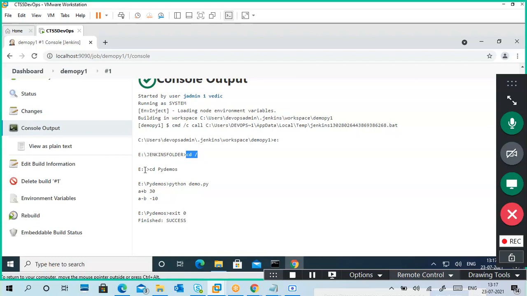Then it goes to the actual E drive folder, then cd pydemos, then I run my demo.py. I got output, so successful. Maybe your code is correct, but you are giving something wrong in the commands, and the project may fail. So this is a sample project.